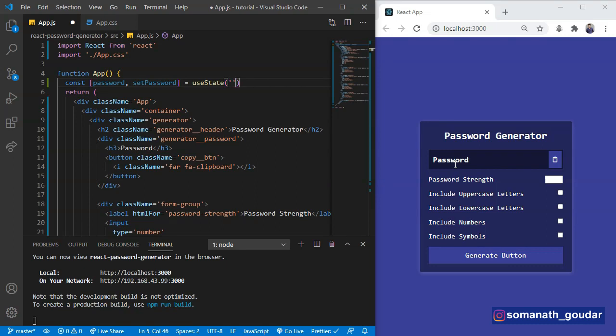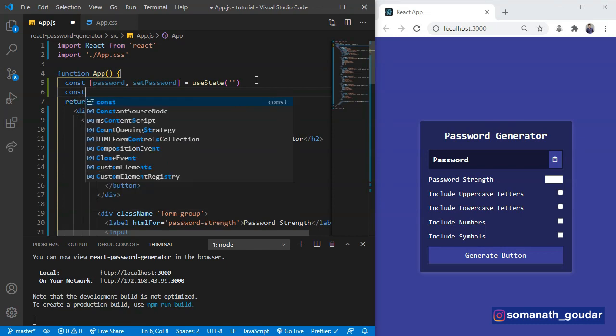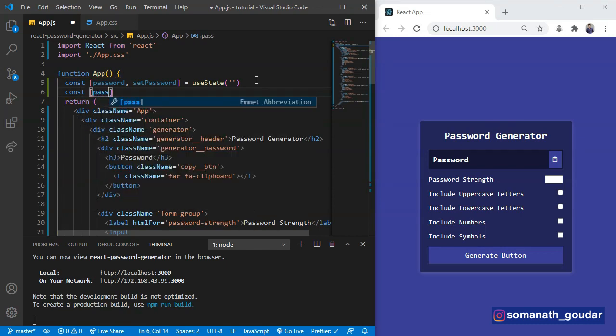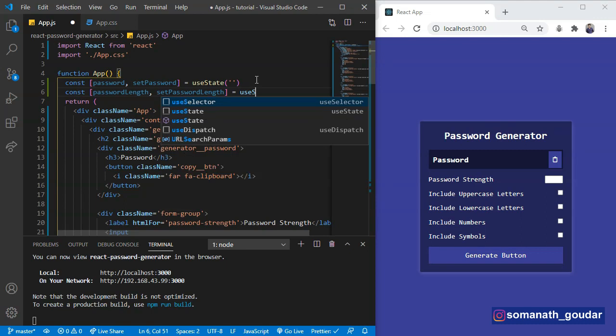We are also going to create another variable to store the password length: passwordLength, setPasswordLength, and initially it is going to have a value of 20.